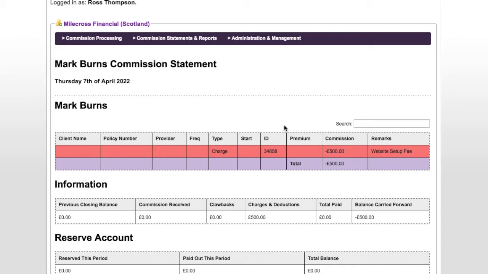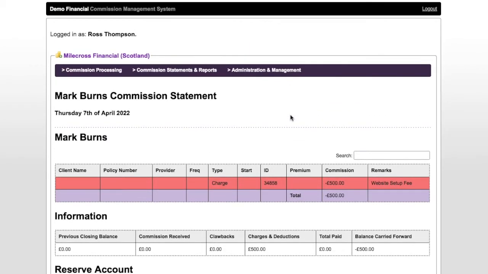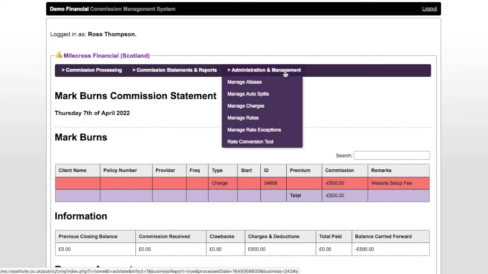The second way to manage charges is to set up what are called recurring charges. And the idea behind this is that if you have advisors who you charge regularly, whether that be weekly or monthly for particular services, you can load this information into the system. You can load it in once, and the system will then automatically add those charges every time you process your commissions. And the way those are managed is we go to the Administration and Management menu and go to Manage Charges,